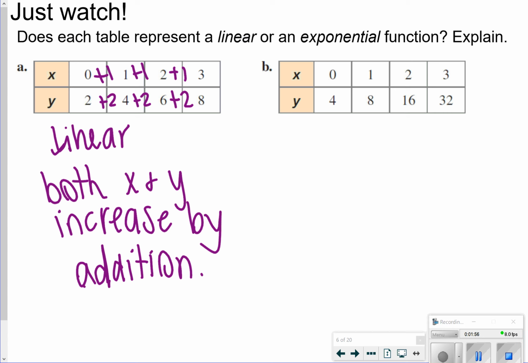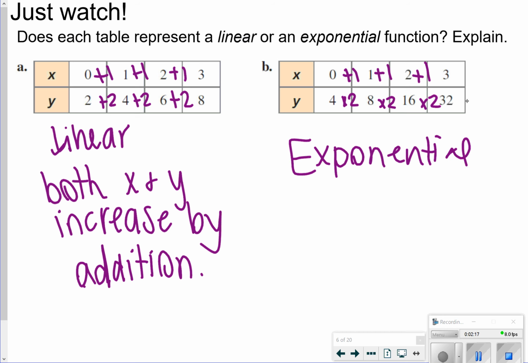With letter B, though, you're going to notice something different. Again, x is increasing by adding 1, but if you notice, y is increasing times 2. 4 times 2 is 8. 8 times 2 is 16. 16 times 2 is 32. So we would say letter B is exponential because we have this going on right here. Y is increasing